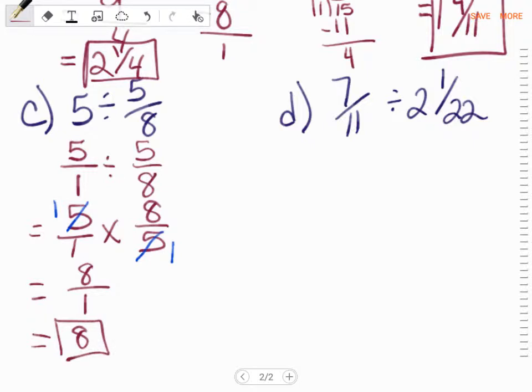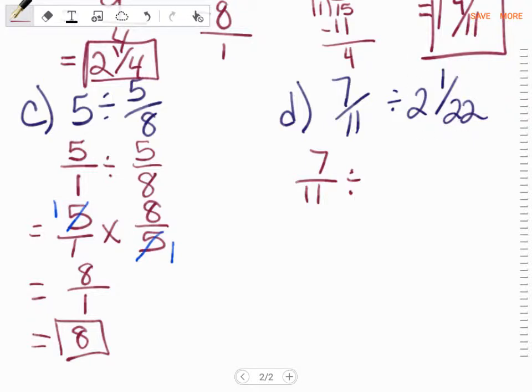And our last problem here is a little bit messier because we have a mixed number to start off with. So here, again, I'm just going to rewrite my fractions. 7 over 11, I'm going to leave it alone. And I'm dividing this, and I want to change this mixed number into an improper fraction before I can flip and multiply and all